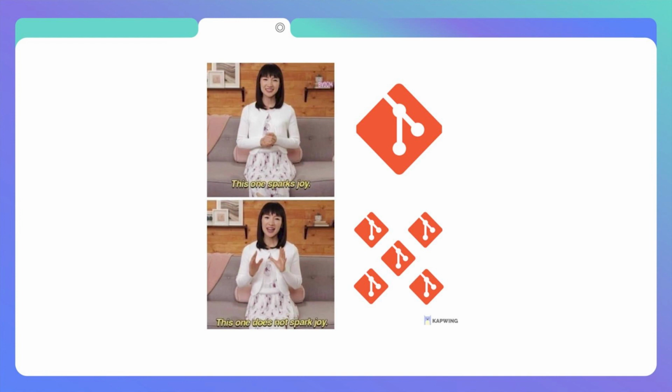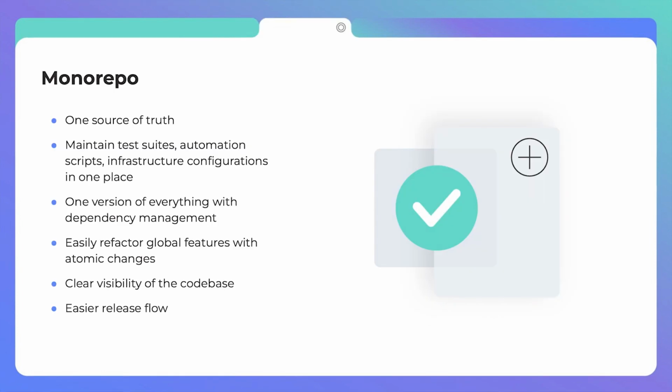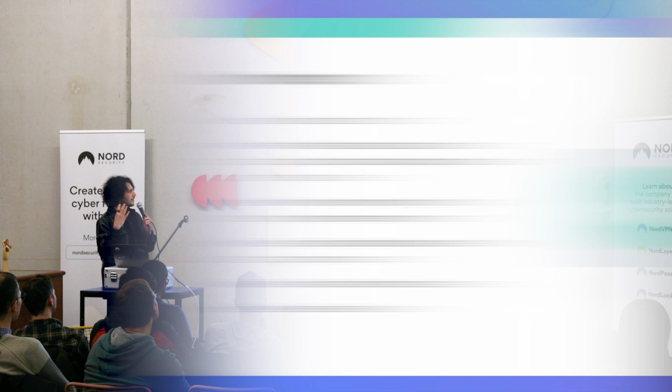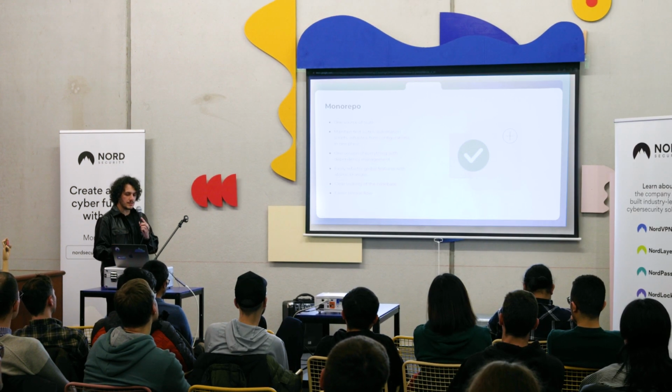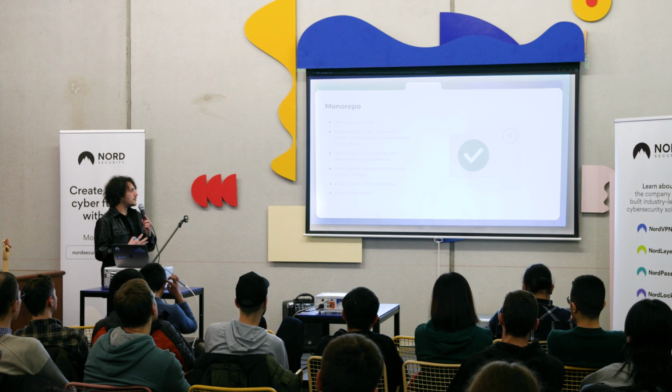And this is what we are going to take quickly, I will say, a look tonight. The pros of having a Monorepo is basically one source of truth, right? Everything stays in that code base, shared across different developers' computers. And you are forced to maintain everything, from automation scripts, infrastructure configuration, and test suites, in one configuration, in one code base. That's a good pro: there is one version of everything with dependency